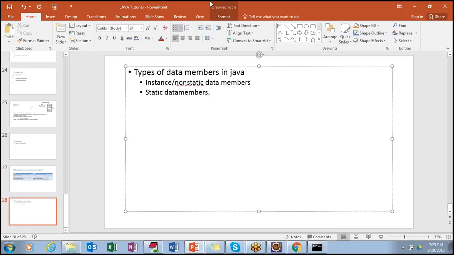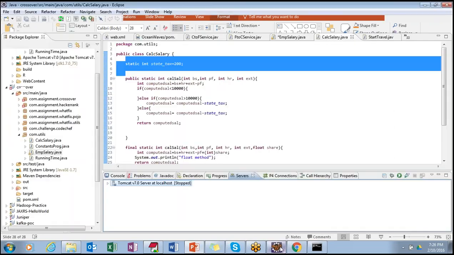Vishnu, if you remember, we used to see always static for variables and methods, right? Now we will only talk about the static data members at variable level, not at method level, because we are trying to talk only about types of data members. What different types do we have in it.